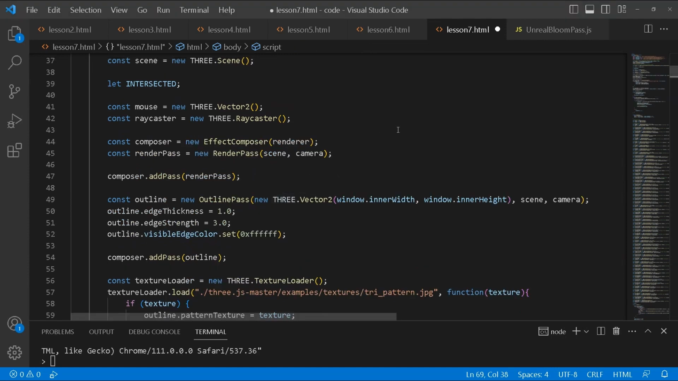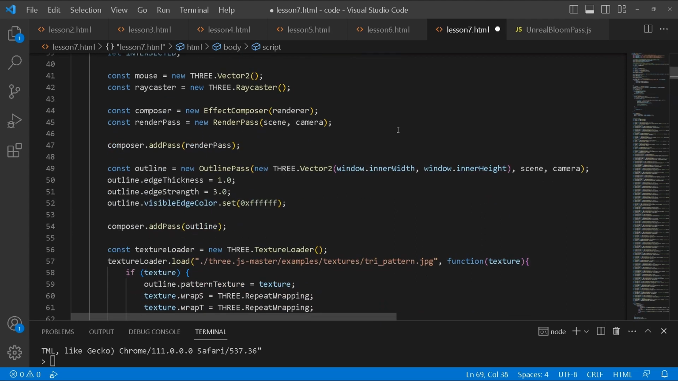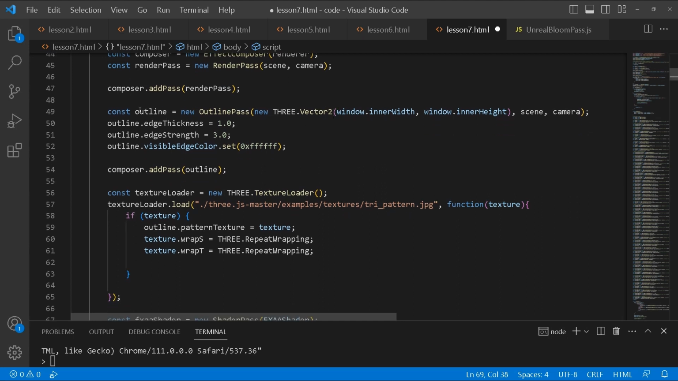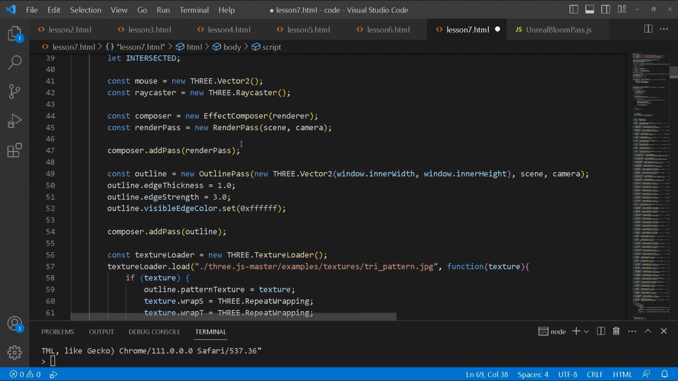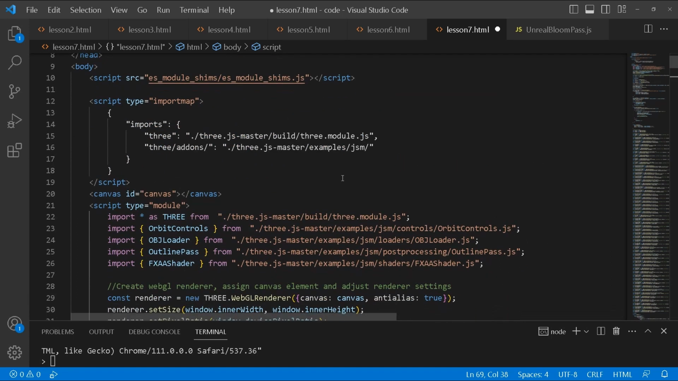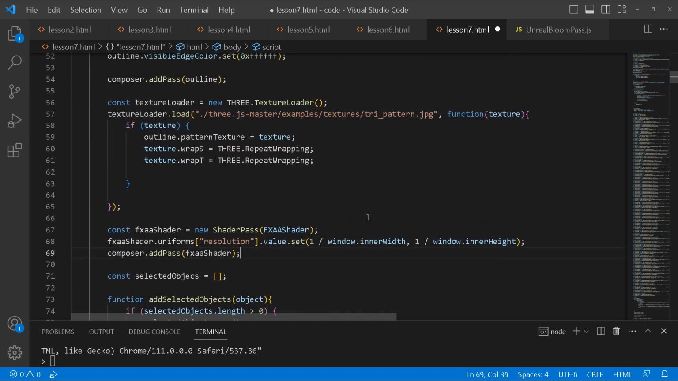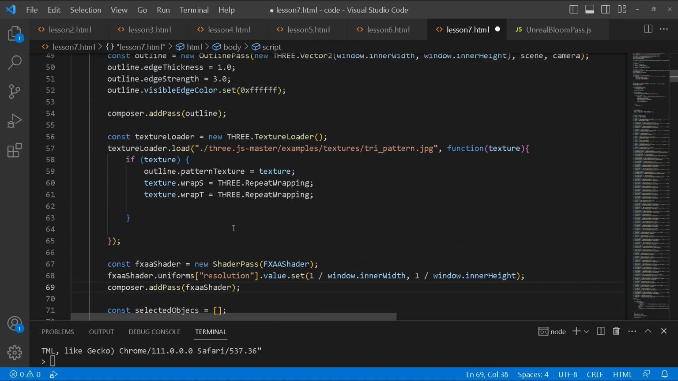Okay, so over here, this is the setup we're going to be using. If you remember, we're going to create a composer, which is the effect composer. It takes the render and then the render pass, which takes the scene and camera. So I'm just going to add the render pass already to our composer. And then this is the outline shader. So the outline shader, yes, that is this one over here. Okay, so it's that and that. That is this one over here. So in order to set that up,